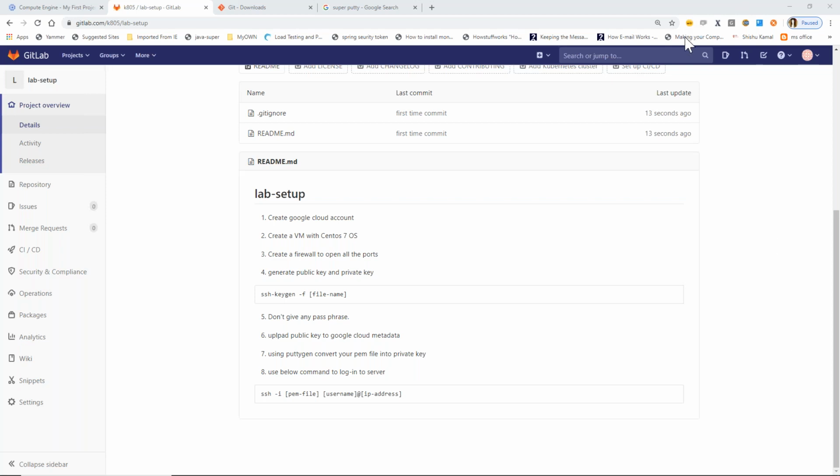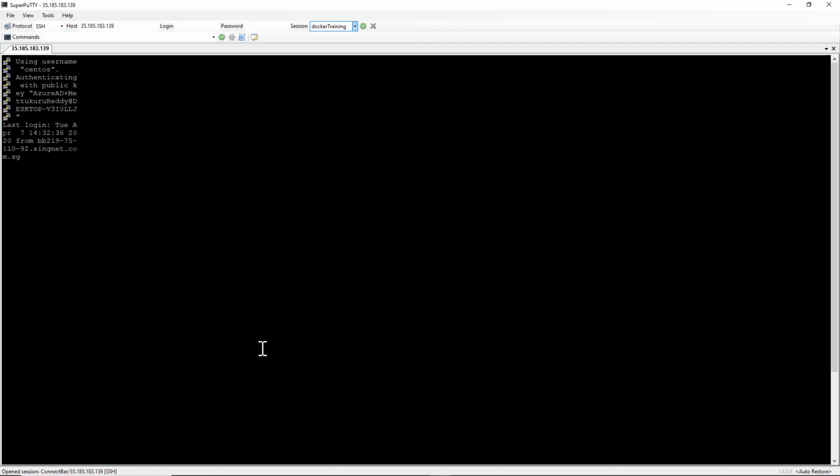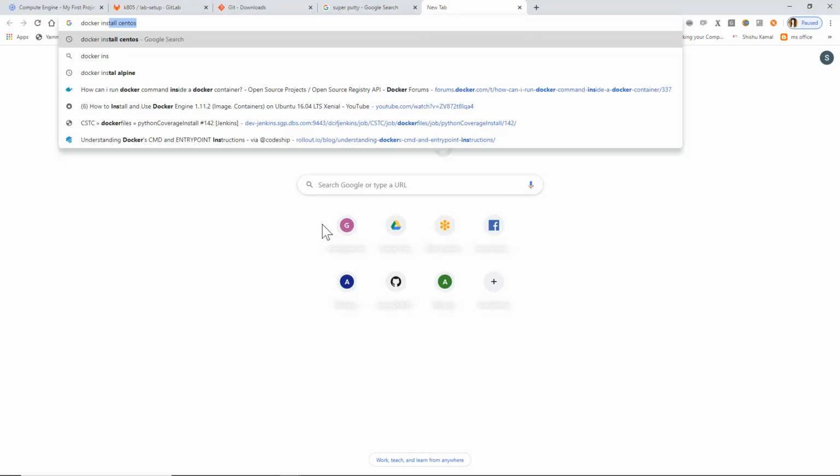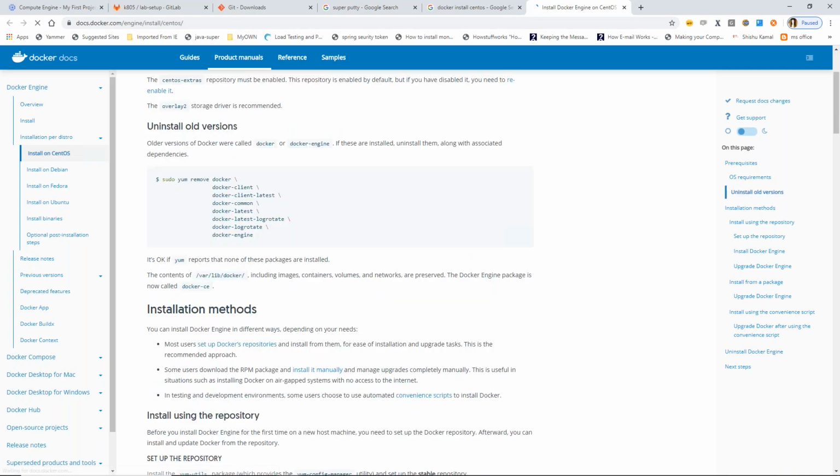Okay. So now we will install Docker onto our server. Just type Docker installation CentOS, and Docker will give you clear steps on how to install.